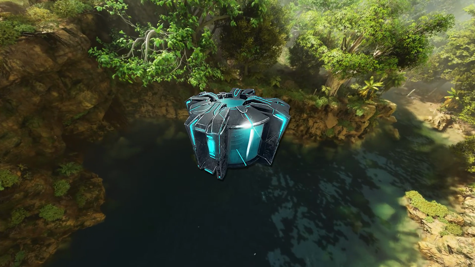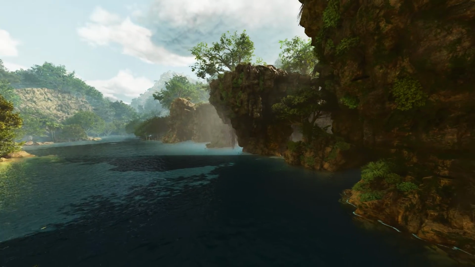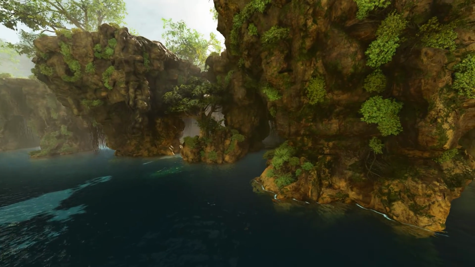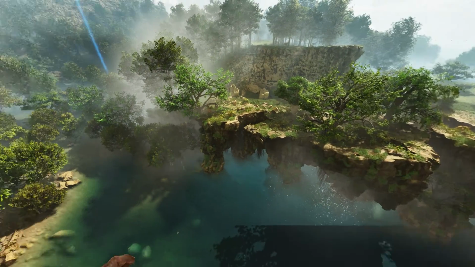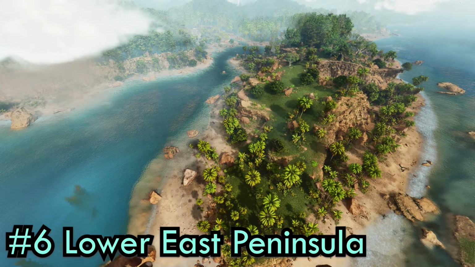There's no cryopods currently in Ark Survival Ascended unless you use mods. As far as resources go, you just have to head up to one of the big mountains. Luckily, one of the ones close by contains metal and obsidian. And that's number 7. At number 6, we have this little peninsula on the lower east side of the map,